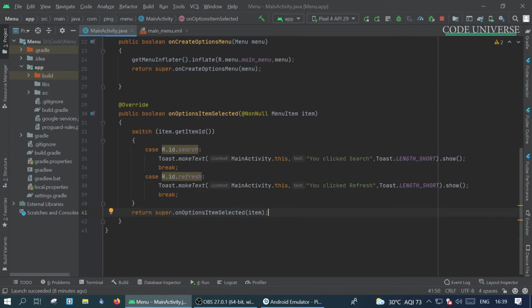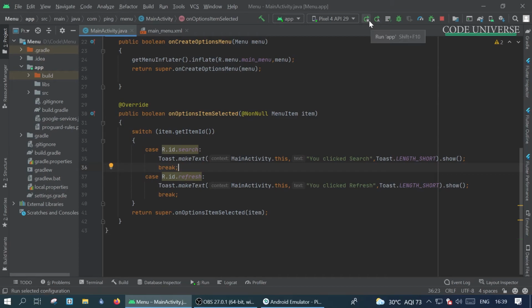For making a toast, we use Toast.makeText, and we have three arguments to pass. The first argument is the context of the activity, that is got from ClassName.this. Second, the text that you want to print. Third, the length of your toast, and then you have to trigger the toast by adding the .show function.